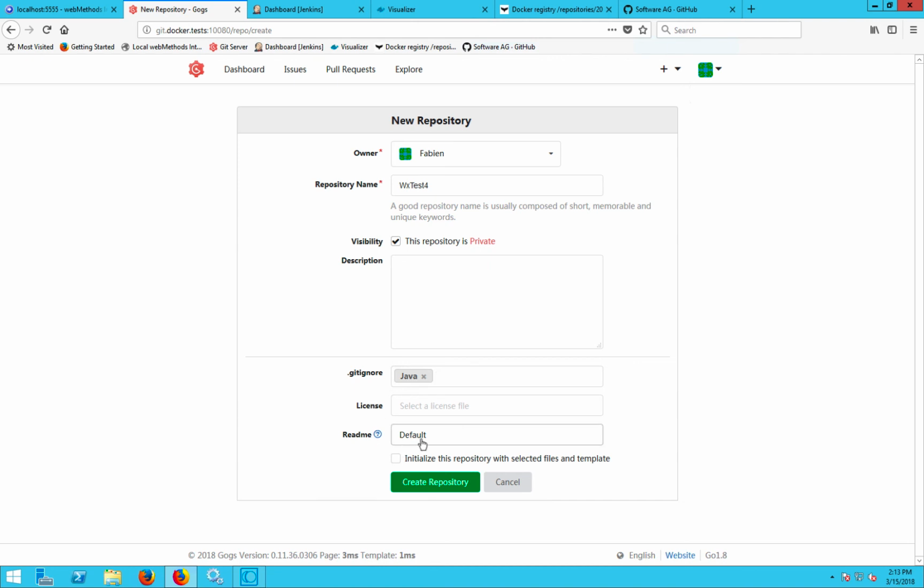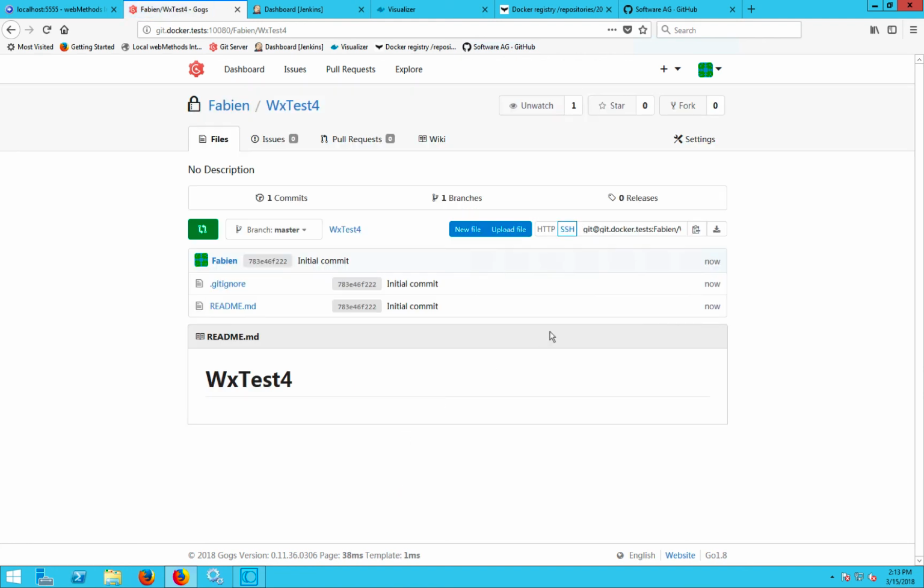A license, a README, and then you can say, okay, create repository with those files. Okay, so now we have our central repository here that is empty, right? Minus a couple of files here that were automatically added. Long story short, what you want to do is connect your local projects right now to